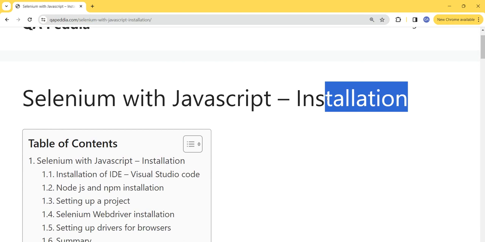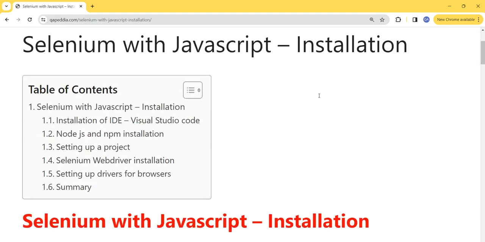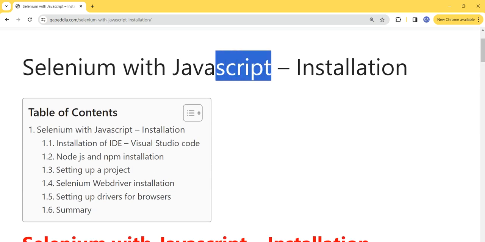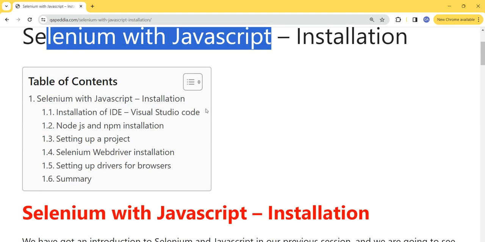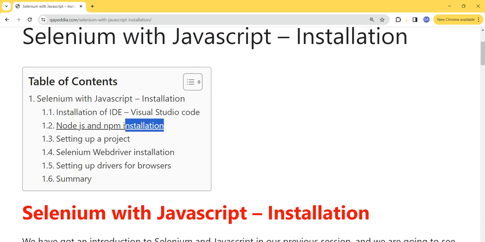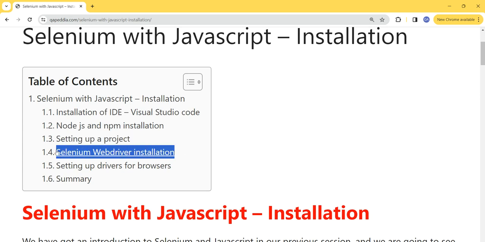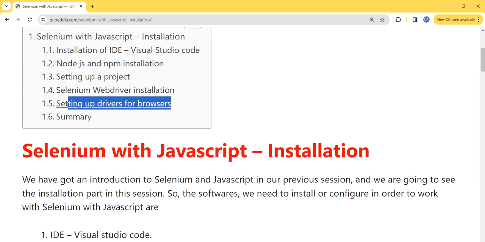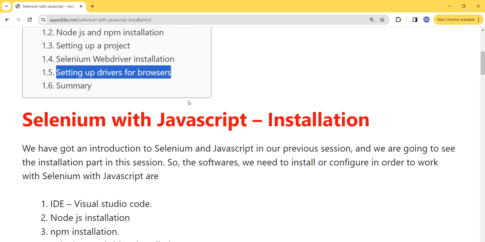In this particular session we are going to see the installation that we need to do when we are working with Selenium with JavaScript. The topics that we are going to cover today will be installation of IDE, the Visual Studio Code, which is the IDE that we are going to use. So we are going to install that, Node.js and NPM installation, then setting up a project, then Selenium WebDriver installation, and then setting up drivers for browsers. So let's see the first topic,